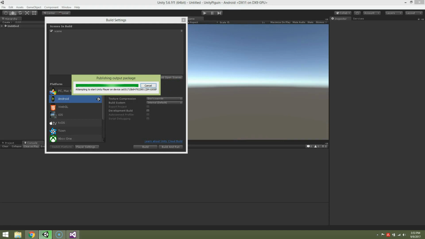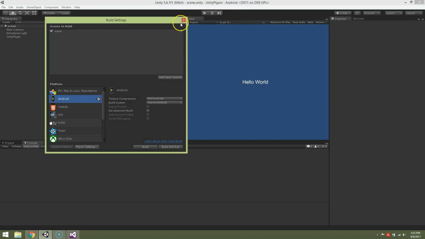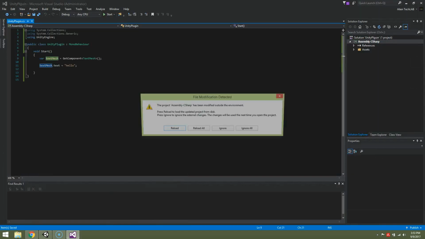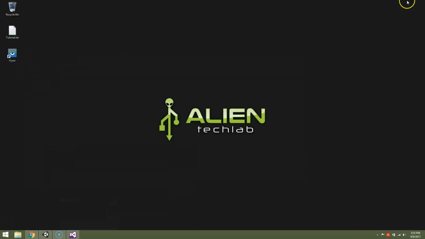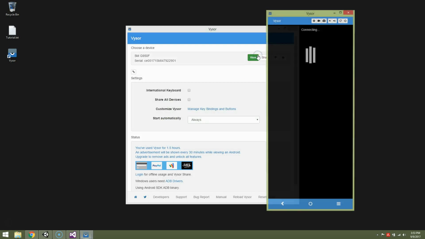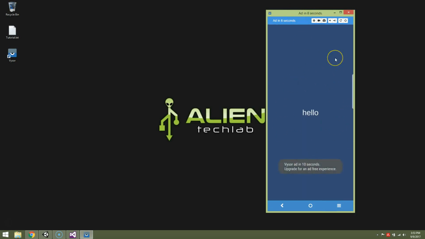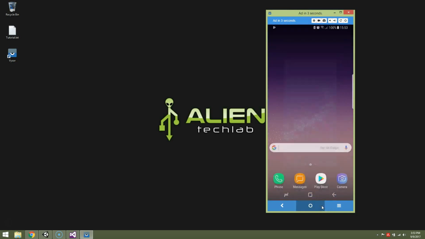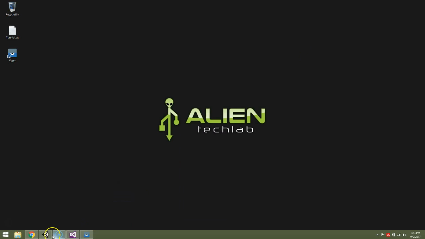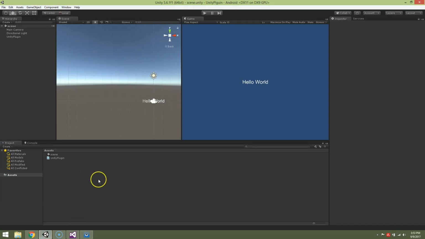Okay, so it's launched on my cell phone. Reload all. I'll start the visor view, and this is how my cell phone looks. So as you can see, it works. So let's quit that application. Okay, so we have a Unity project that runs on an Android device. It's now time to write our plugin